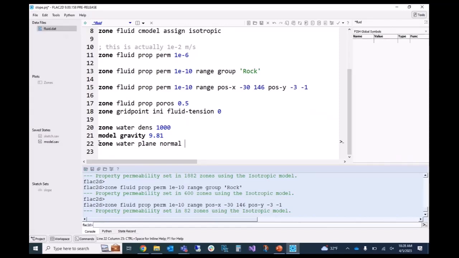If you want to just have it planar, you can say zone water plane, and you just give a normal. And the normal is in the direction of increasing pore pressure, so usually down. So 0 minus 1. And then you need to give a location, a point on the plane, right? So I'm going to say origin 0 minus 3. And where that is,